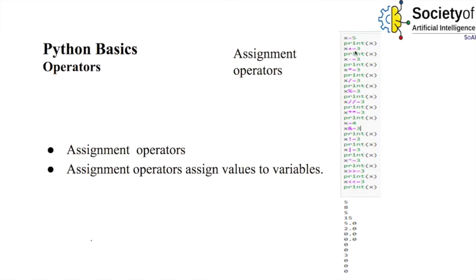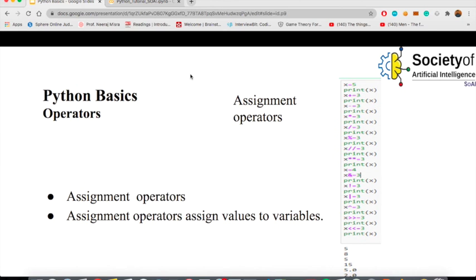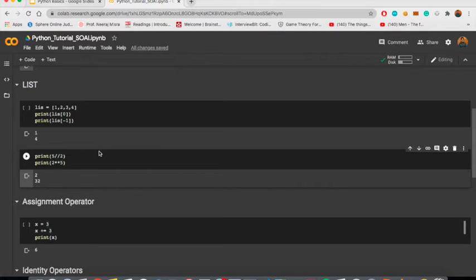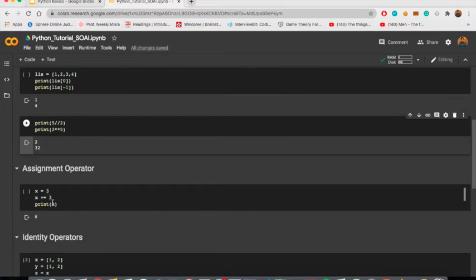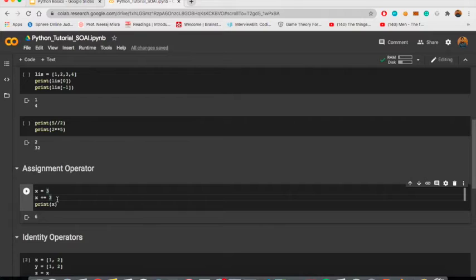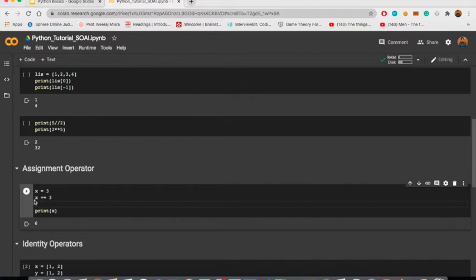Also, this plus equal to means x plus equal to 3 means x is equal to x plus 3. And so on. Minus, multiplication, division, and so on mean the same thing. Now we should see an example. Assignment operators: x equal to 3. Now x plus equal to 3 means x is equal to x plus 3, which if I comment this out,